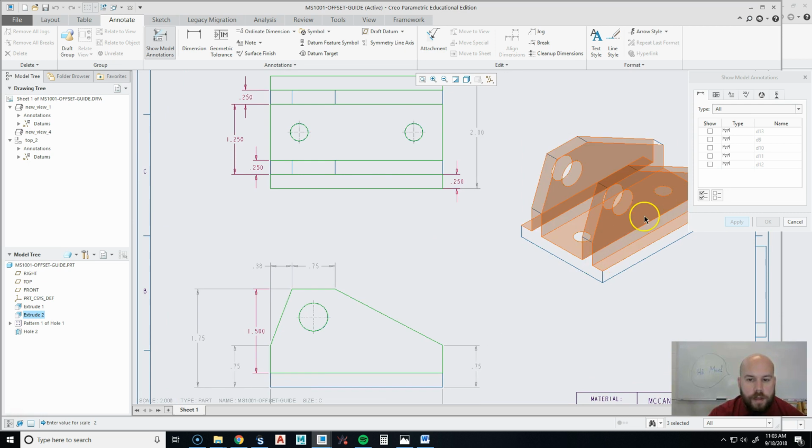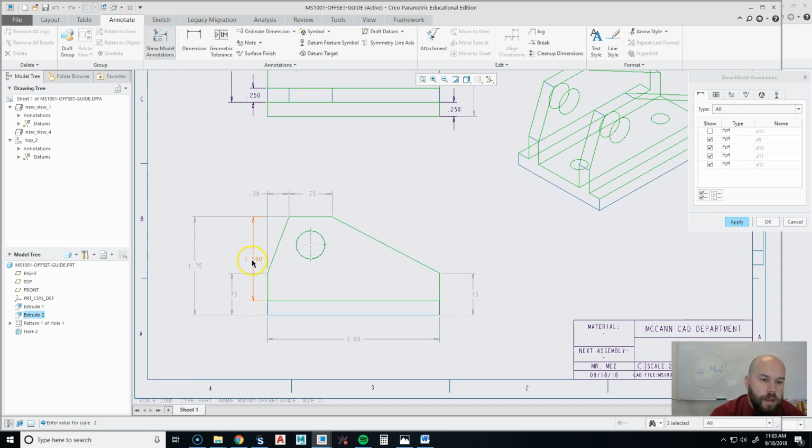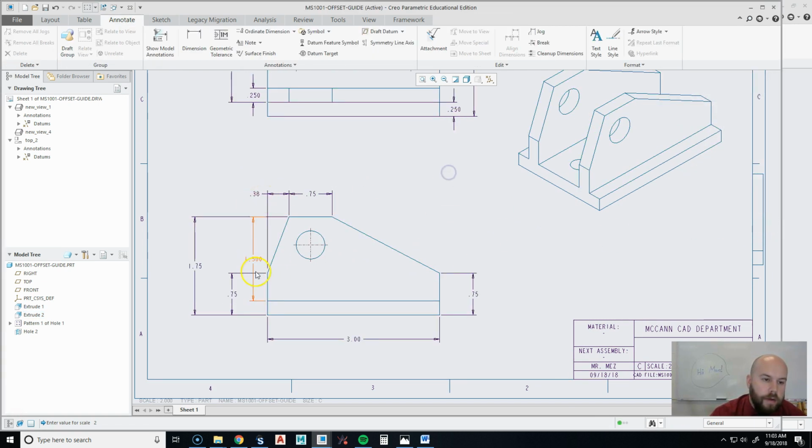Alright, and this is again my cutouts for the sides here. So I definitely want that. Definitely want that. Definitely want this width here. Definitely want that. I definitely want the height as well. So now I'll hit OK, and now again you can see, I'm going to click out on the white,